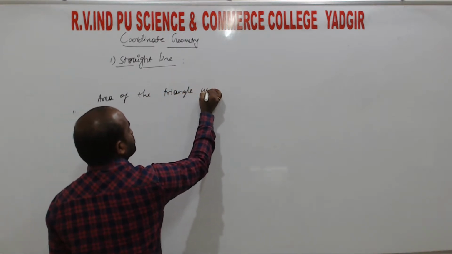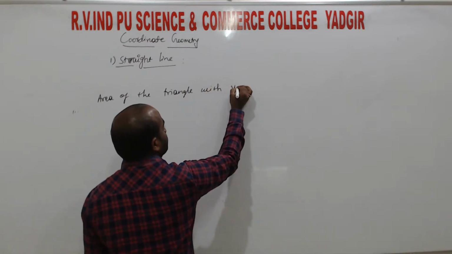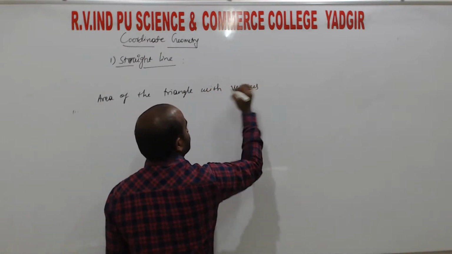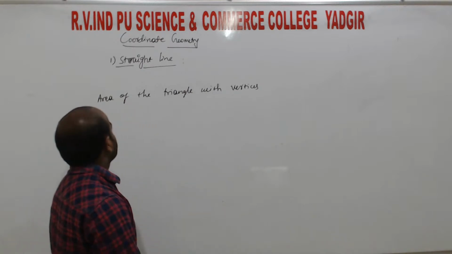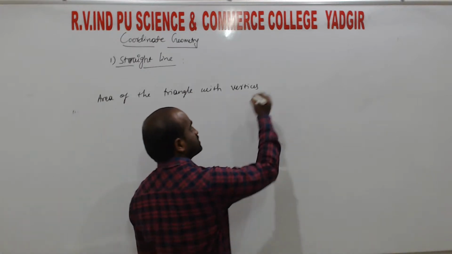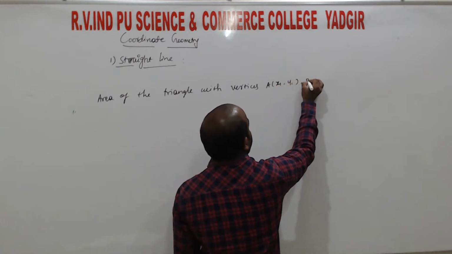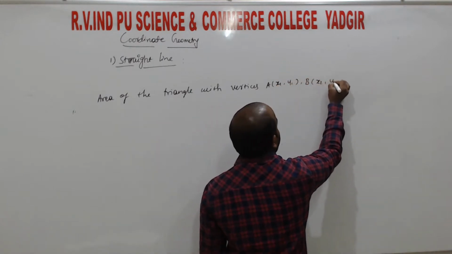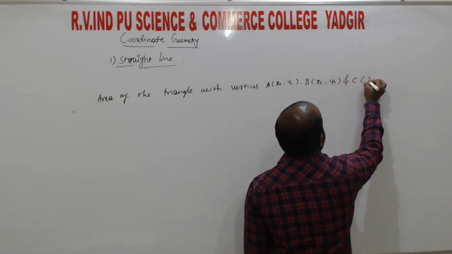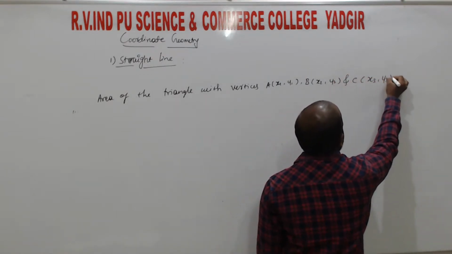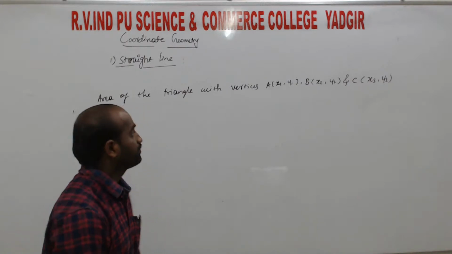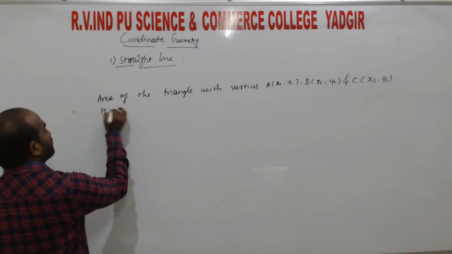Area of triangle with vertices. You know this formula already. The area of the triangle with vertices A point (x1, y1), B point (x2, y2) and C point (x3, y3) is given by